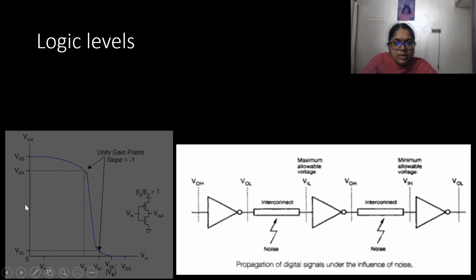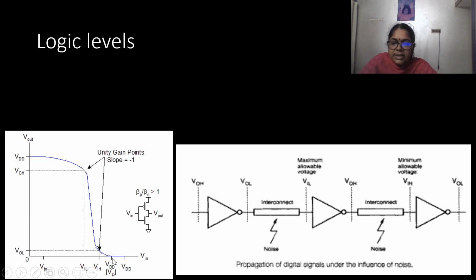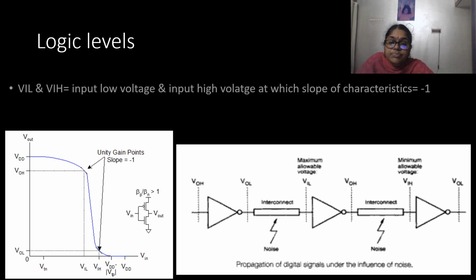So the DC characteristics of the VTC, that is the voltage transfer characteristics of the inverter, on that we have marked VOL, VOH, VIL and VIH. Here VIL and VIH are the input low voltage and input high voltage at which the slope of the characteristics is -1. So VIL, the input voltage you project to the characteristics, is the point at which the